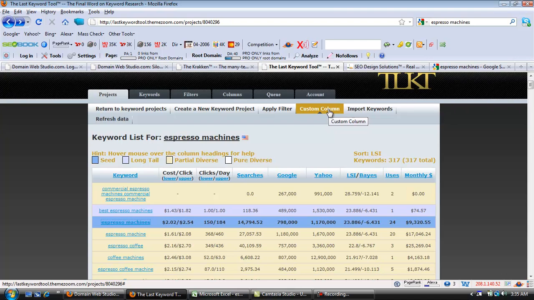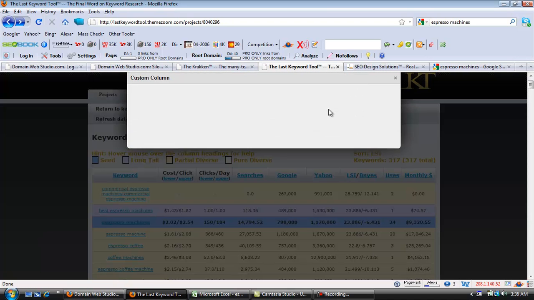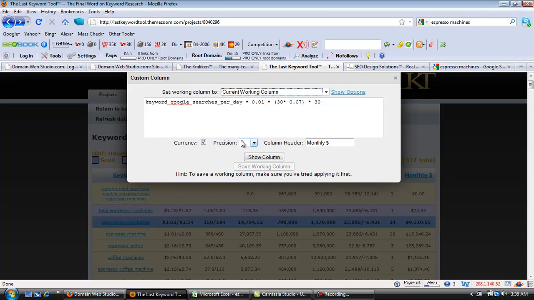So for example, if I'm looking at that custom column, say I'm an affiliate and I have an affiliate program with Amazon, and I'm targeting the phrase espresso machines, well, now I need to determine, once I rank for that phrase, for example, if I were to get 1% of the click-through traffic for that phrase, and let's just say that espresso machines are going to be sold at a much higher price point. The average one is going to be about $199 for the upper echelon, and let's just say that I've got a 7% commission on that, and I'm able to sell one machine a day at that point. The respective 1% click-through rate per day divided by whatever that number is,